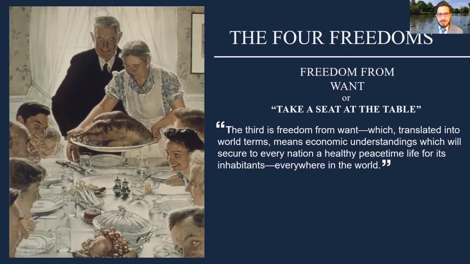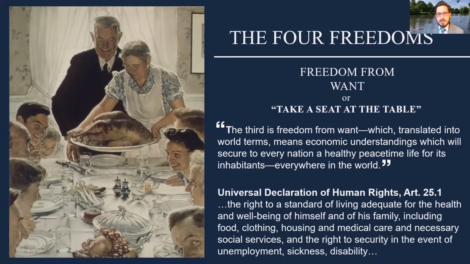And as I told you, Eleanor Roosevelt discussed this at that time. All these four freedoms were to be included in the Universal Declaration of Human Rights. Specifically, that freedom was included in Article 25. I will read just a part of the first paragraph that says, the right to a standard of living adequate for the health and well-being of himself and of his family, including food, clothing, housing, and medical care, and necessary social services, and the right to security in the event of unemployment,